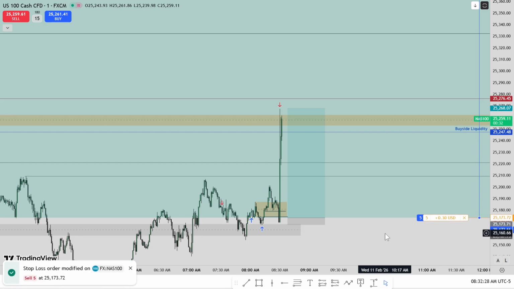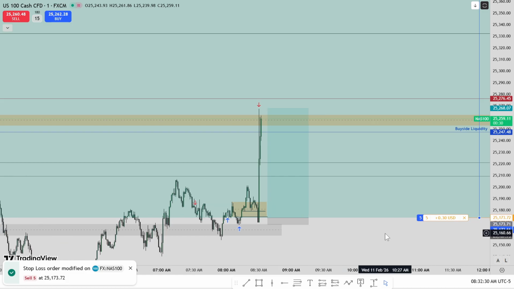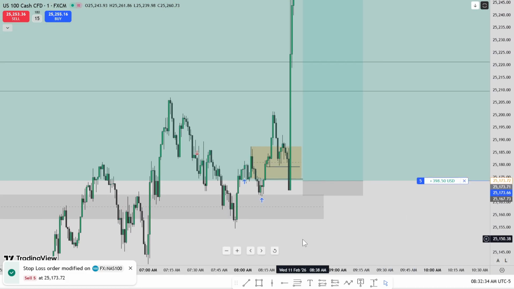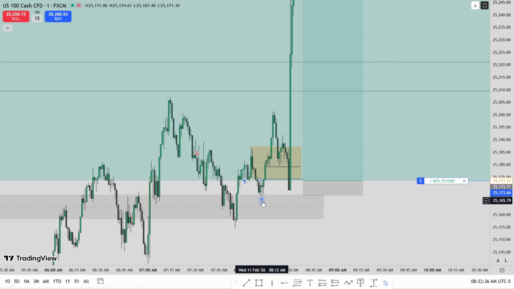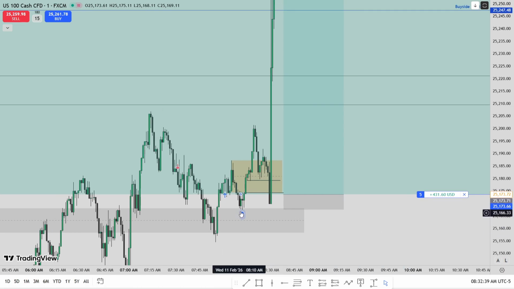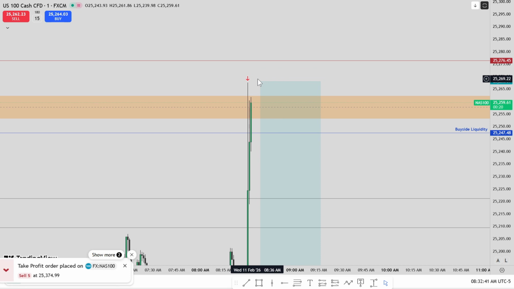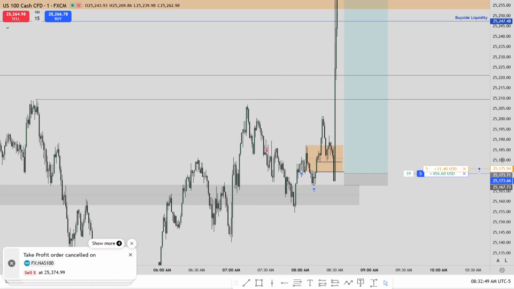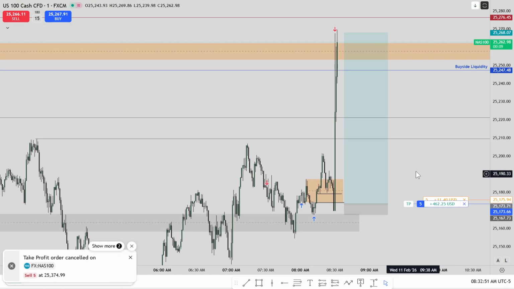Just look at that volatility, bro. And one thing I want to say for the haters. Can you do this, bro? Can you enter at the bottom and exit at the top? Can you do that? If you can do that, you absolutely have all the rights to troll me. You have absolutely every right to troll me, all right?